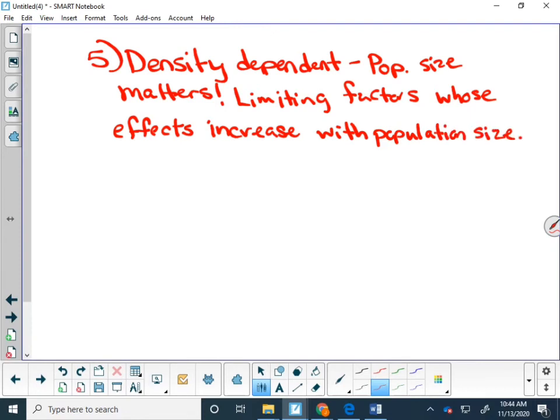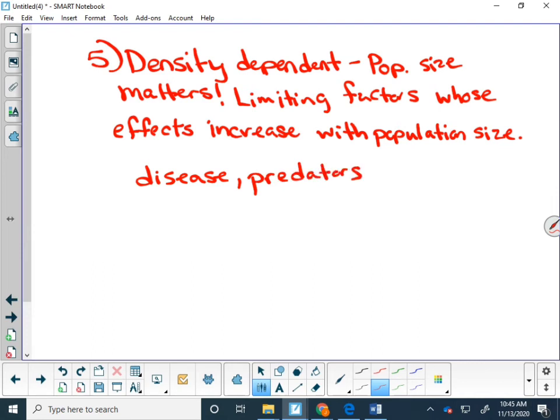These include things like food, water, and space. And again, you recorded some examples from the video, but two factors that I want you to make sure that you have written down as density dependent are disease and predators, because these two are probably our most missed density